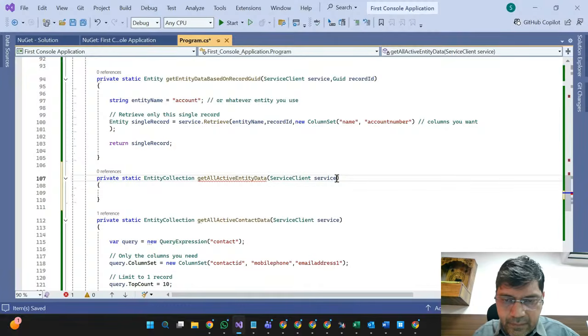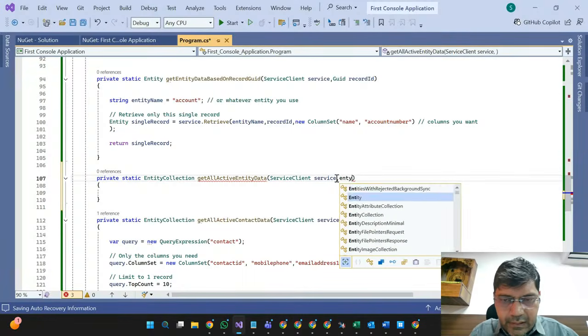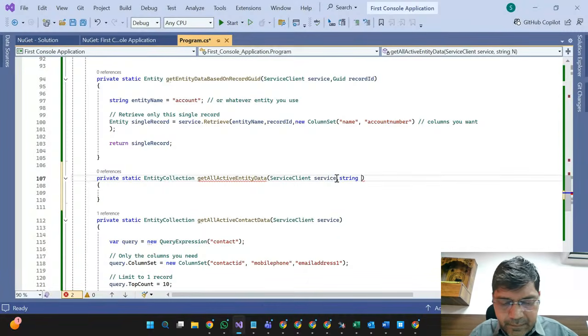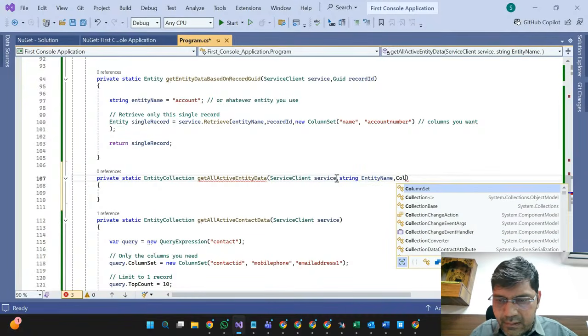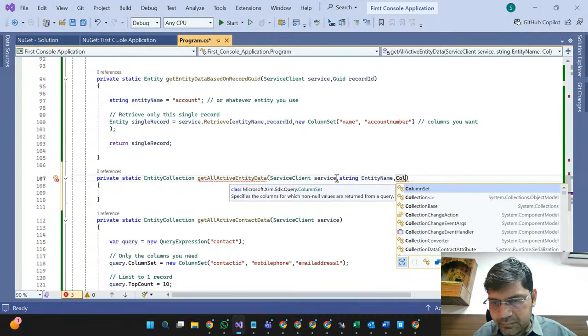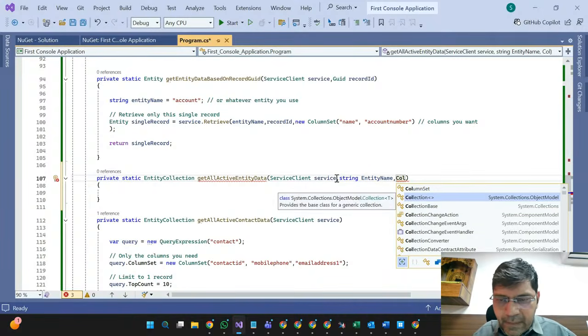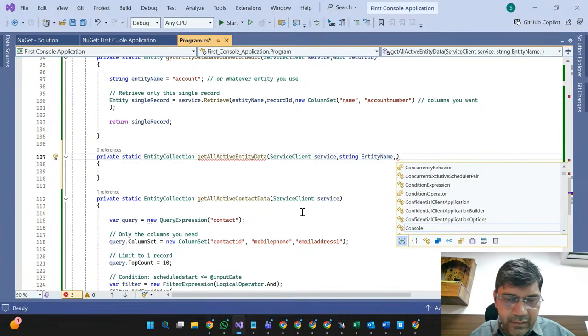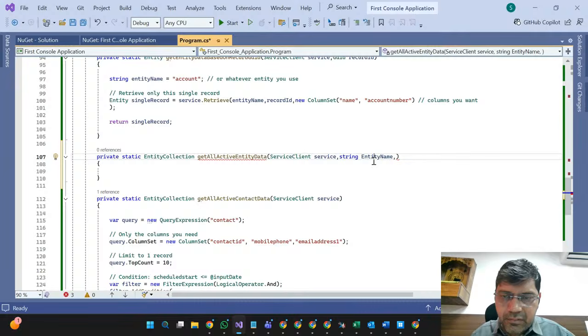This is the entity string as a name; entity name I can define here, or I can define a set here, or